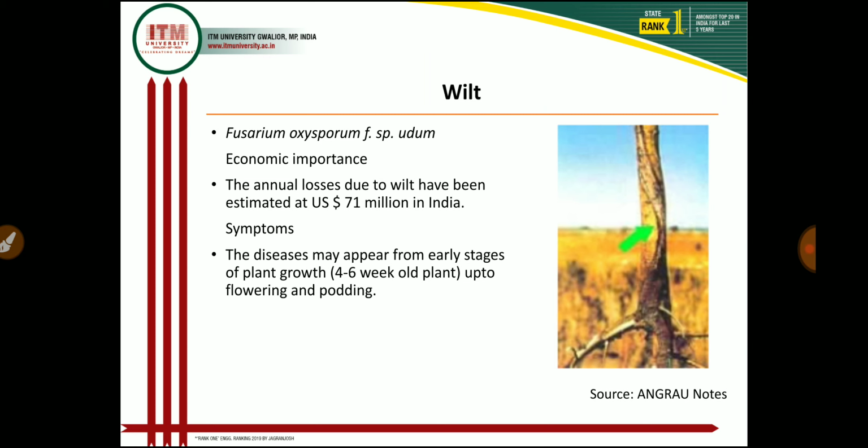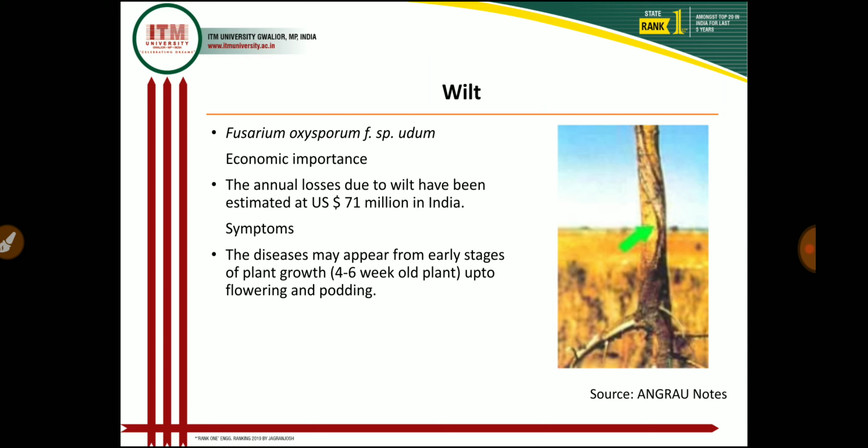And in AP, in Andhra Pradesh, it is mostly prevalent in the Telangana region and the Kurnool district. And in symptoms, the disease may appear from the early stage of plant growth, that is 4 to 6 week old plant, and up to flowering and podding. That means this disease causes infections in the pigeon pea crop at all growing stages of the crop, and